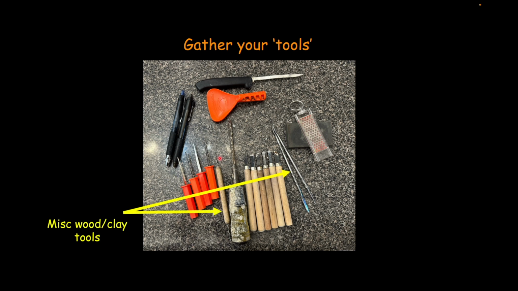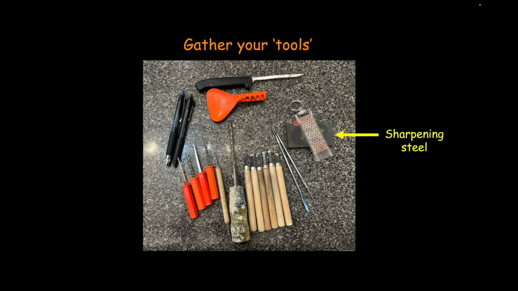Last thing that I use are some different wood and clay tools. I've bought a lot of different kits over the years because you never quite know what you're going to need to make a certain hole or a certain shape. So some of these things are just small, so I can actually remove really tiny sections of flesh because you can't really do that with these saws. It's only so small you can saw out something. So I can use these things to make smaller holes and things.